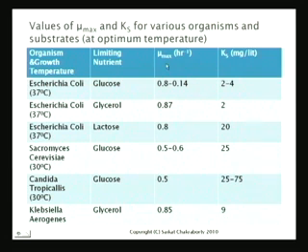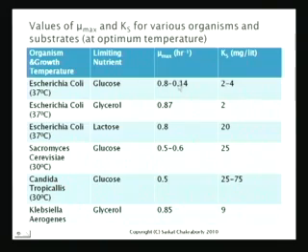So what you find is that mu max, more or less, irrespective of whatever microorganism you're growing and whatever substrate you're using, remains around the same number. Whereas Ks changes, but the range of Ks for many of these is around the 20s and some of these in the 10s. What I'm trying to say is that the order of magnitude remains more or less the same. It's still in the range of 1 to 100.